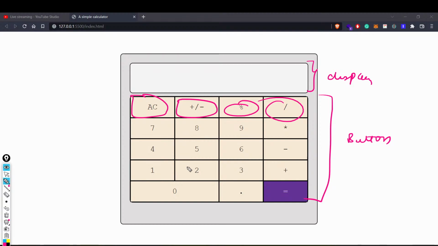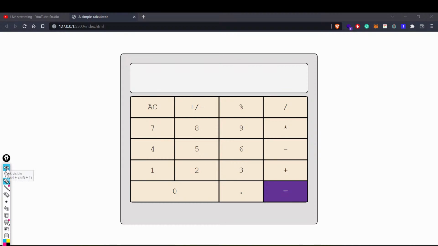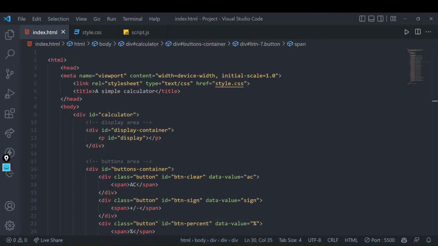Right. So now the thing about data value is that suppose I click on a button, I want to get the value of that button. Or suppose I click on this particular button, I want to get the value of that particular button. That is why I've used this attribute called data value. So if I want to get that value, how will I get that? Just by tapping into that value. Right, that I will show you. Don't worry. How can we get that thing?